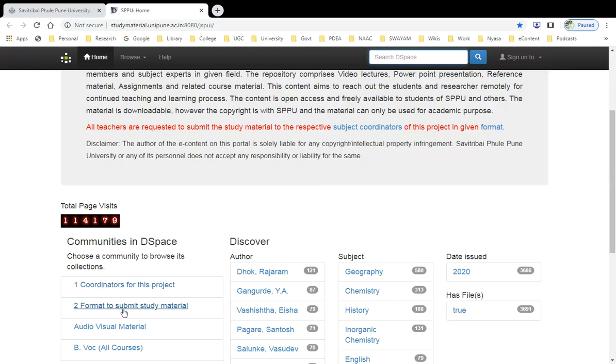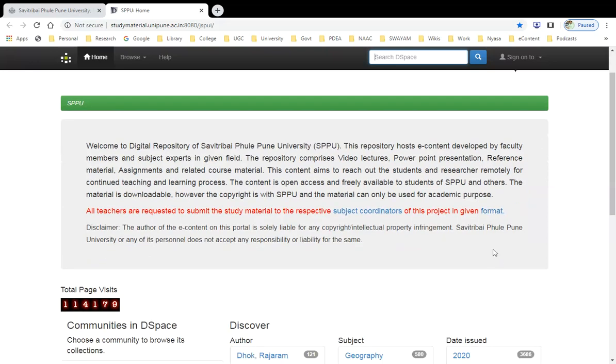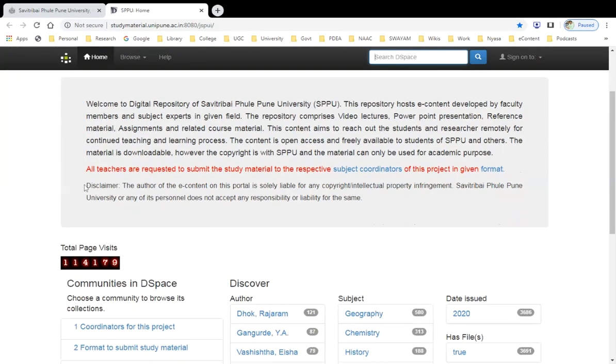And this is the format to submit study material, which is useful for teachers only, who wish to submit their study material on this site. So this is the welcome message. These are the subject coordinators. From here also you can get the list of coordinators, and this is the format which should accompany the study material.